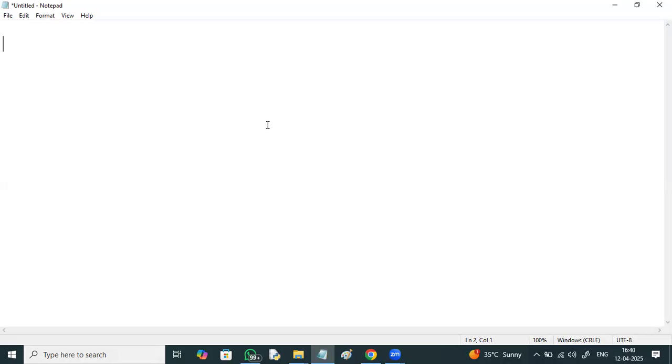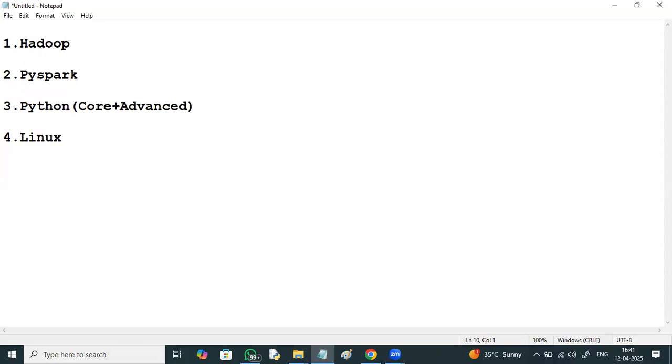So this is the course, a package which consists of multiple technologies. I deal with the data engineering courses, which include Big Data Hadoop, where you'll be learning Hadoop, PySpark, and Python. You'll get Python core and advanced knowledge, because the total coding and implementation goes in Python, along with Linux, Power BI, and MySQL database.